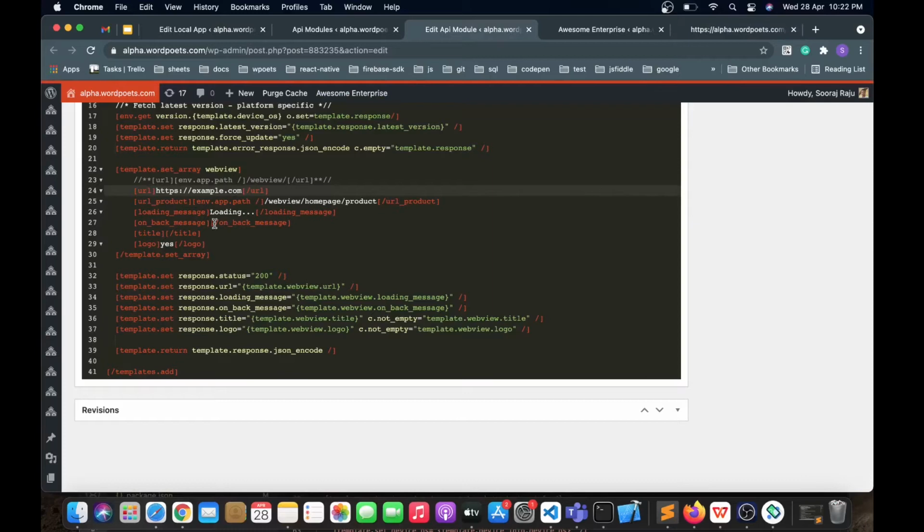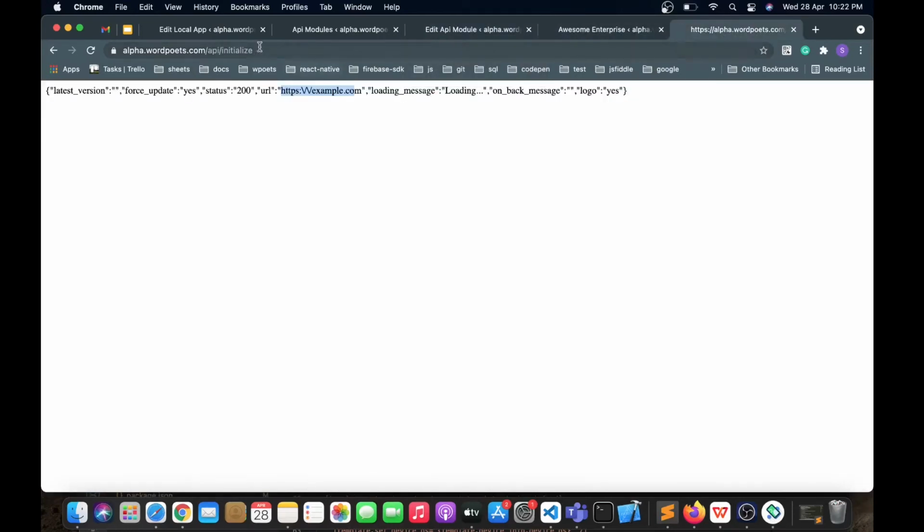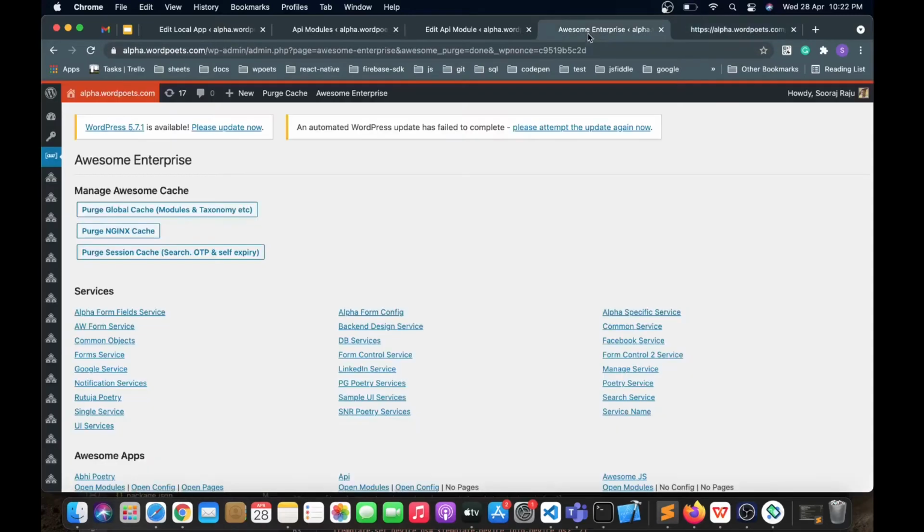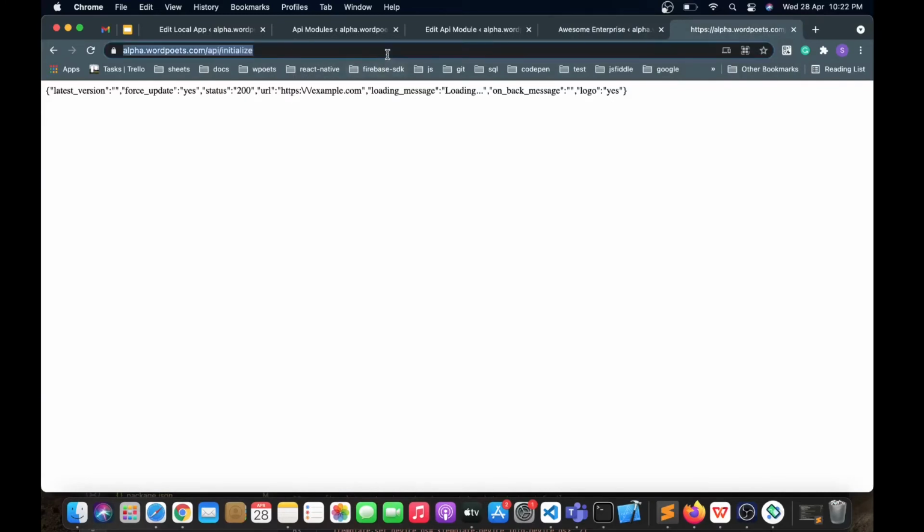Now let's do one thing. We can simply change this to something else, like google.com, because I tried it before. That's why you initially saw Google over there. Let's try and see the response. It still says example.com because I have to purge the cache. Now if I hit the API, I can see google.com over here.